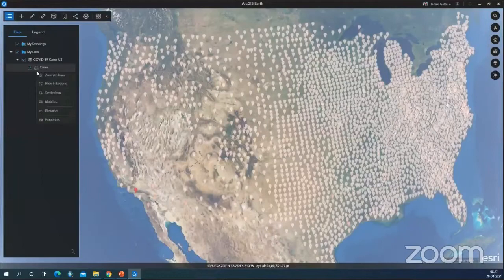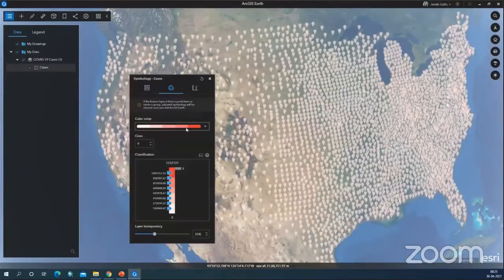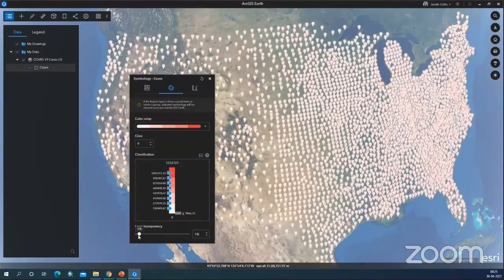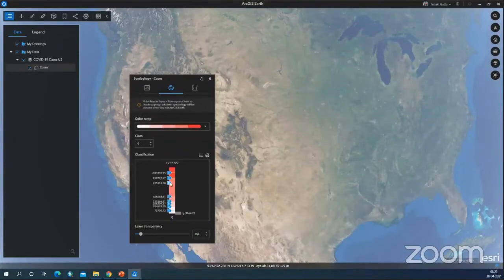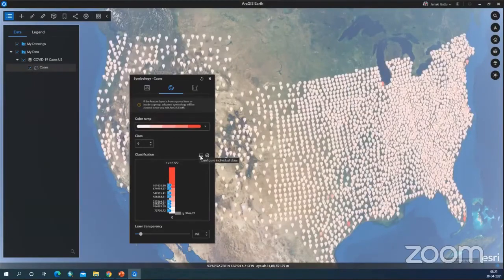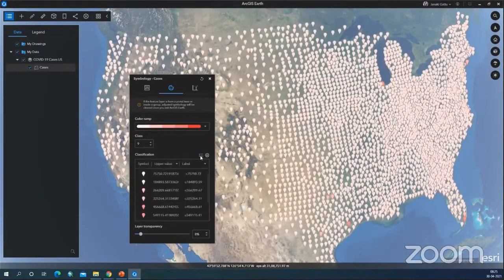Okay, so one second. I'm just right clicking here, going to symbology. And this is my symbology for now. Now what I can do is, if you want to decrease the transparency, you can decrease the transparency. If you want to increase, you can increase the transparency. If you want to adjust the scale, you can adjust the scale. If you want to give it by number, you can give it by number. So how do you do that? You can see here, configure individual classes. If you want to change the individual classes, you can, and you can give your own range. What is the upper value?